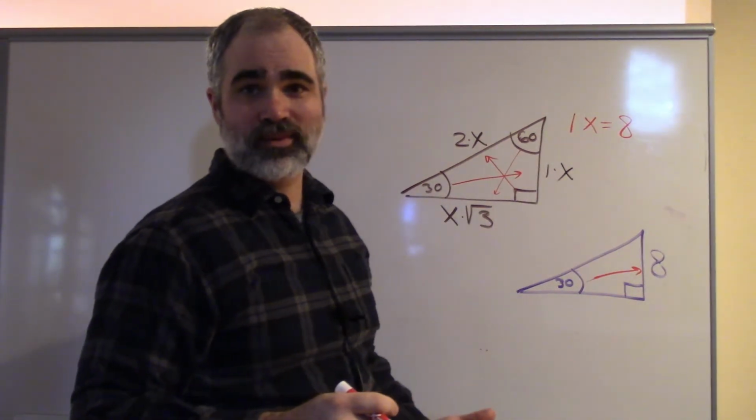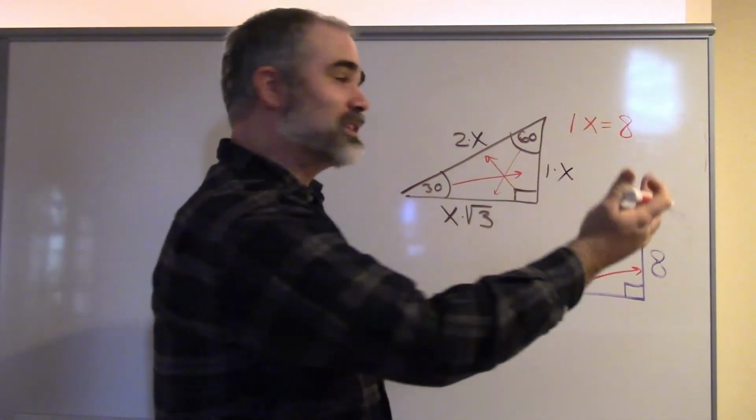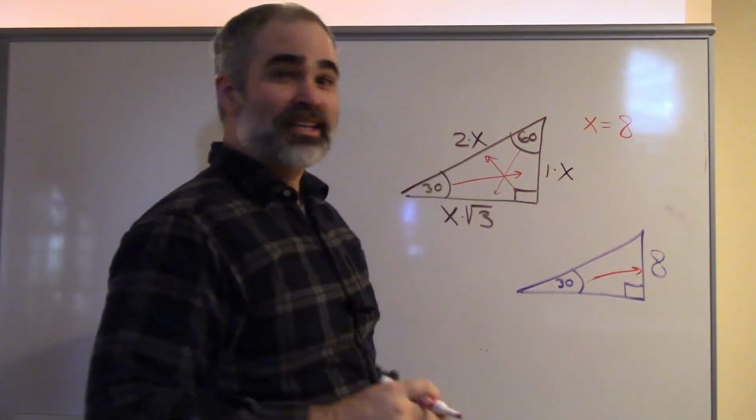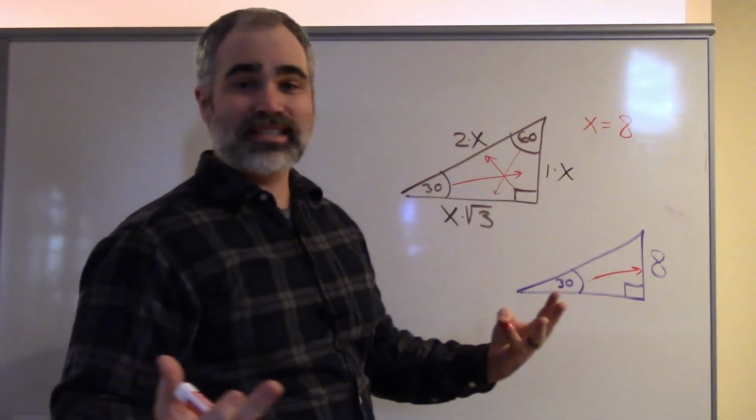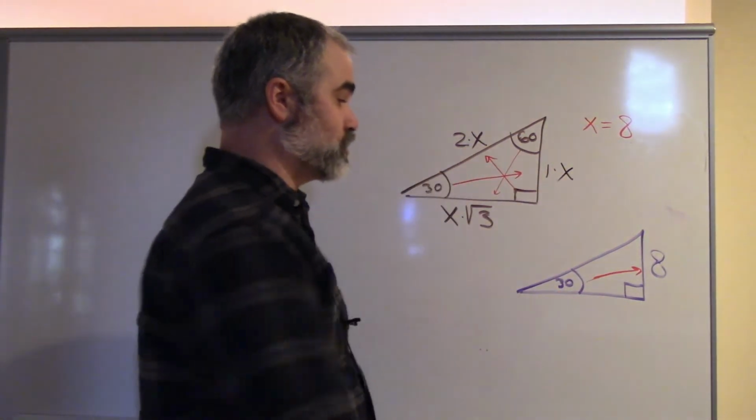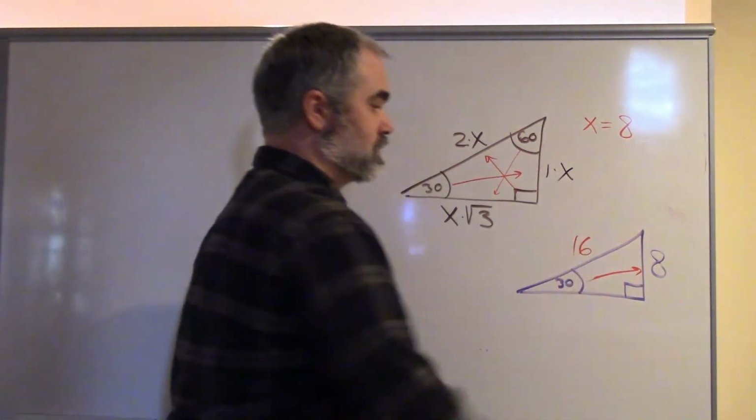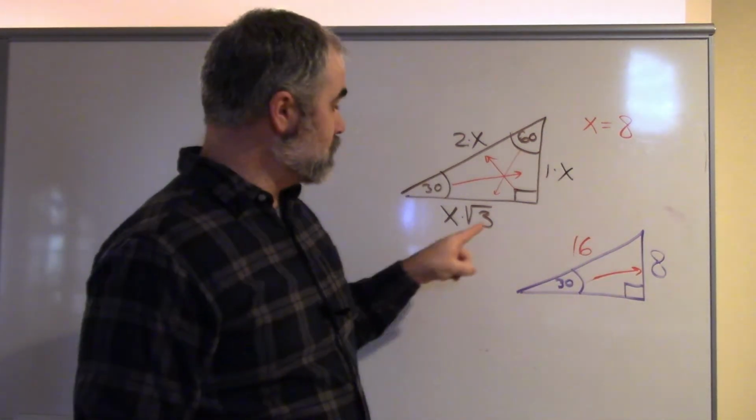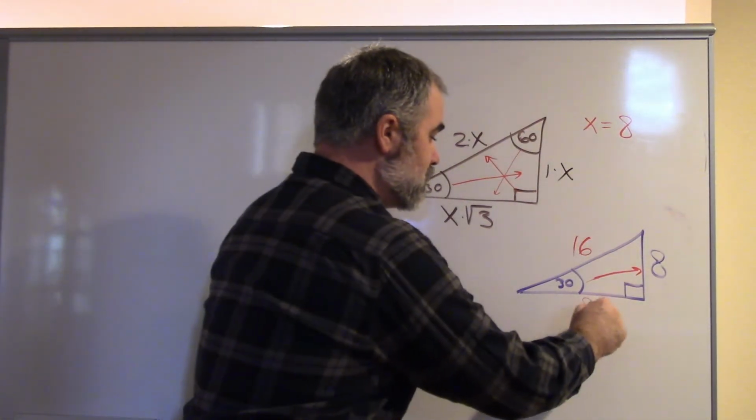That's a super easy one to find, right? Don't even need to do anything. This is just x equals 8. So if you know the short side, the rest is easy. You multiply it times 2 to get the hypotenuse, 16. And you multiply it times the square root of 3 to get the medium side,